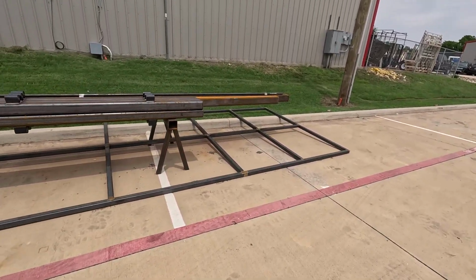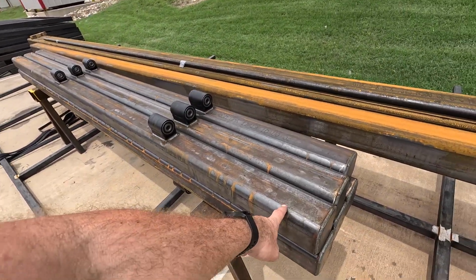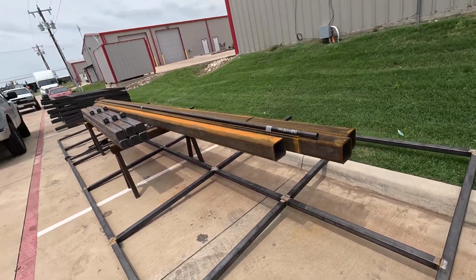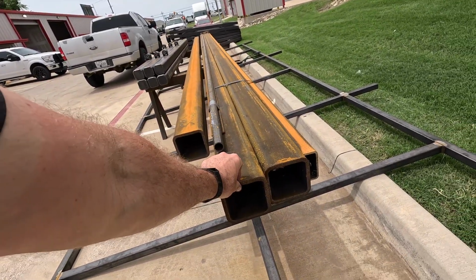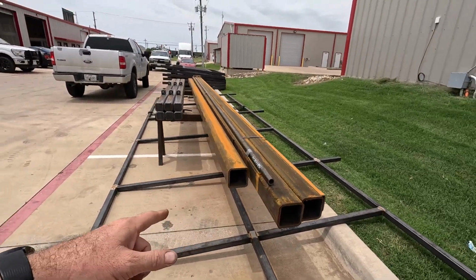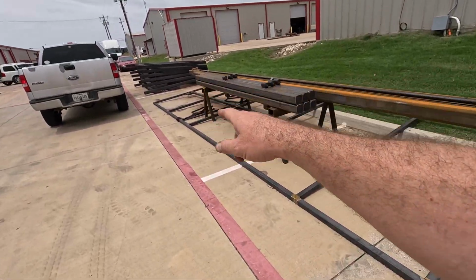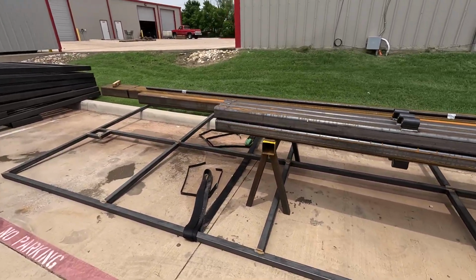All right, outside currently right now, these are posts for those gates over there. I'll show you those in a second. If you've seen our Instagram, you've seen some of the stuff we do on there. These are more 5x5 by 3/8. Those are the posts that we need for the guide rollers for this rolly gate. This is 9.5 feet tall and 27 feet long. It gets covered in that perf, along with